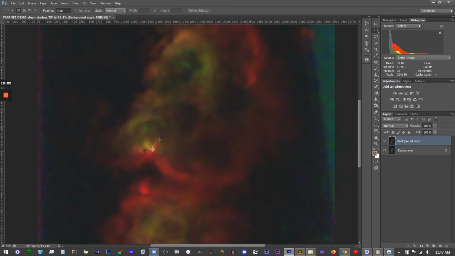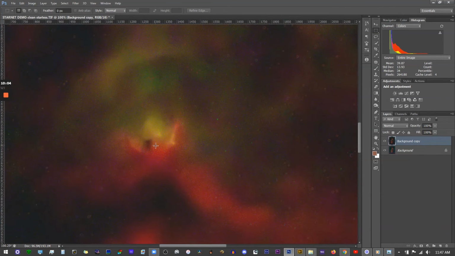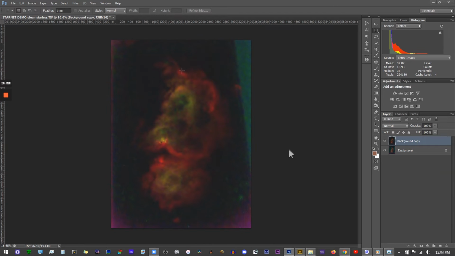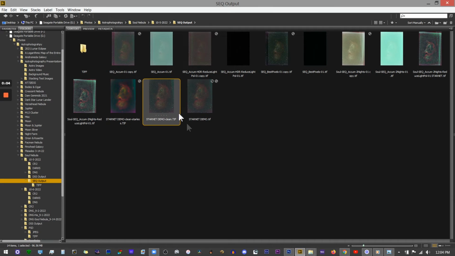You want to zoom into the image. Just kind of check it out. There, you might see a few stars, very, very faint stars that it missed, but those are rarely an issue. So from here, we're going to go back to Bridge, and we're also going to open up the starred version,